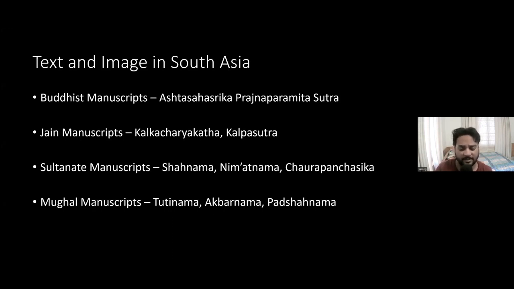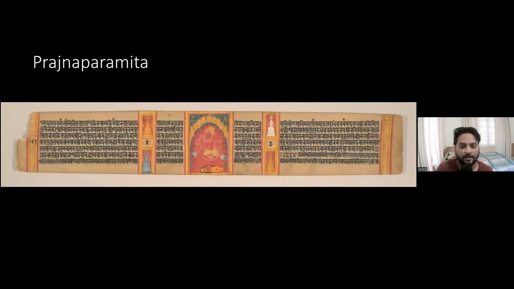So we shall see these in chronological manner, and this is how we will base our understanding of how the text and image relationship is being followed in the Pahari context. So in the earliest case, which is the Prajnaparamita, here we are able to see that on this palm leaf banner,